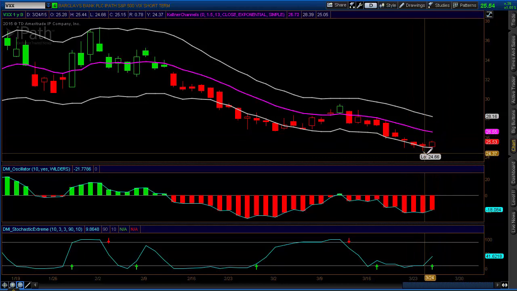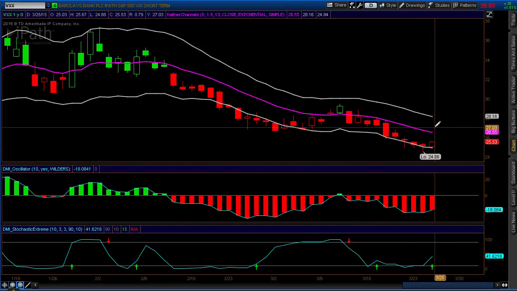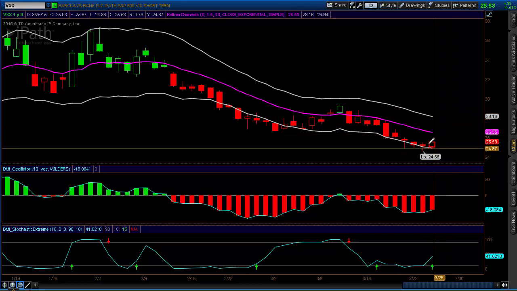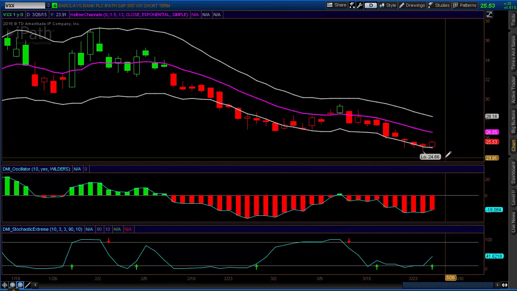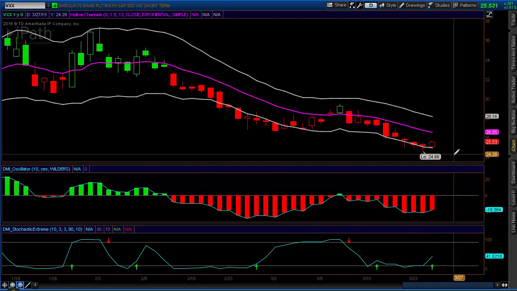So, take a small position in this, look for a move back up to, I'm going to call it 27, and then trail your stop up by about 50 cents or so until you get stopped out. If it heads lower from here, I would add more at about 24, with the idea that the market's kind of in this range-bound mode.